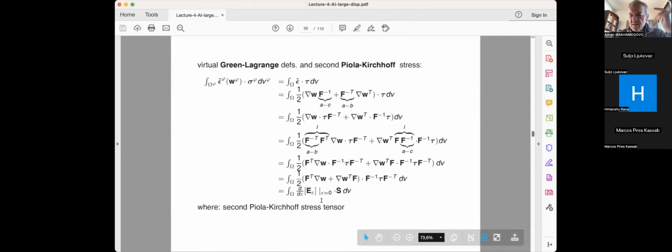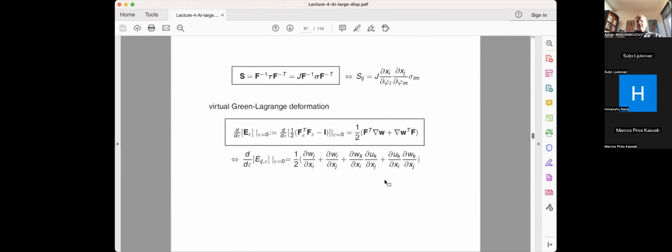It happens to be, this is nothing but the variation of the Green-Lagrange strain. And what we call here F minus 1 tau times F minus transpose is called the second Piola-Kirchhoff stress. So let me make a few comments on that. The second Piola-Kirchhoff stress is produced directly from the Cauchy stress, which is equal to J times F minus 1 sigma F minus transpose. And obviously you can have this one be a spatial stress pulled back to the initial configuration to get a material representation of this